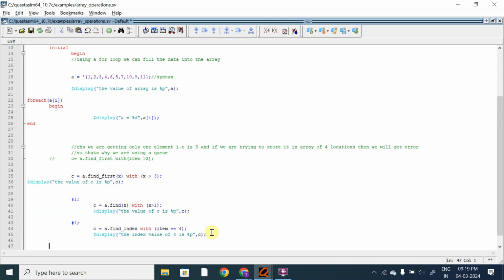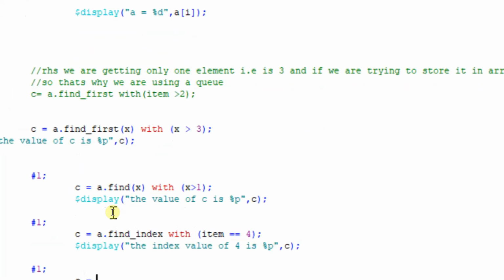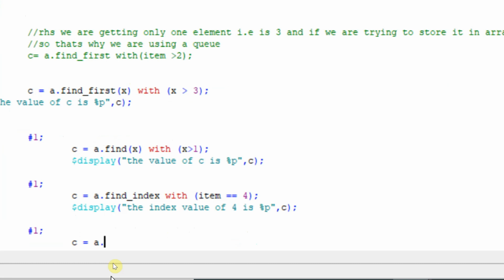Now let's start with another built-in function called find_last. We'll assign it to c, and let me zoom in. C is equal to a.find_last